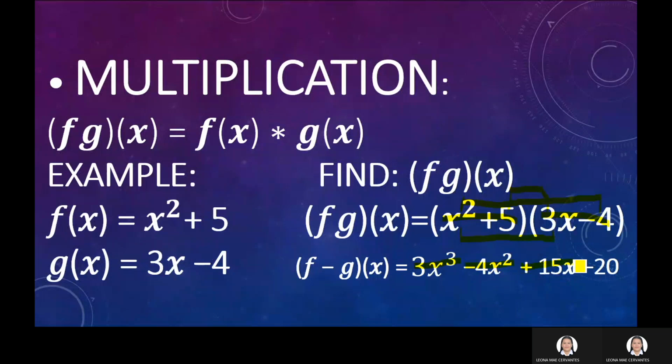So we have positive 15x. Next, 5 times negative 4. We have negative 20. So if f of x is equal to x squared plus 5 and g of x is equal to 3x minus 4, then f times g of x is equal to 3x cubed minus 4x squared plus 15x minus 20. Okay? Next,